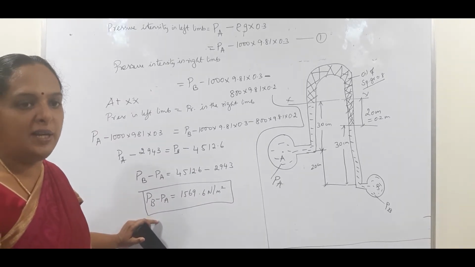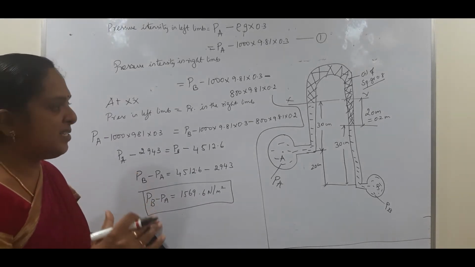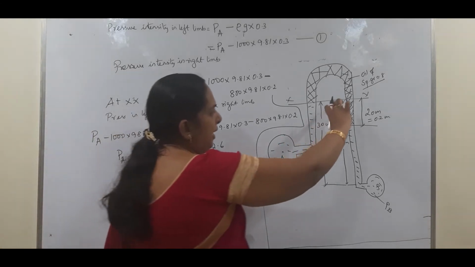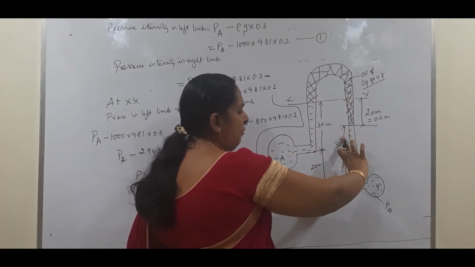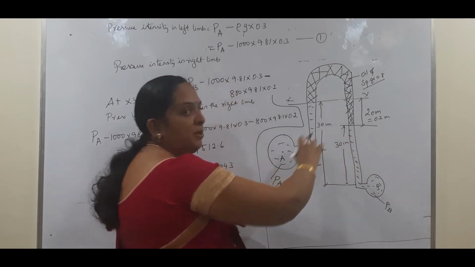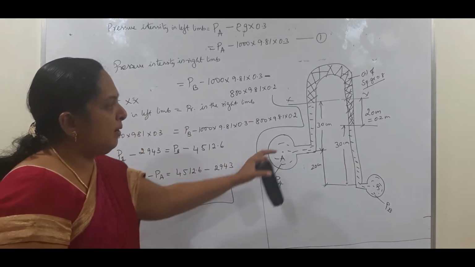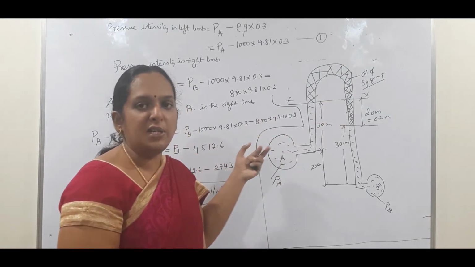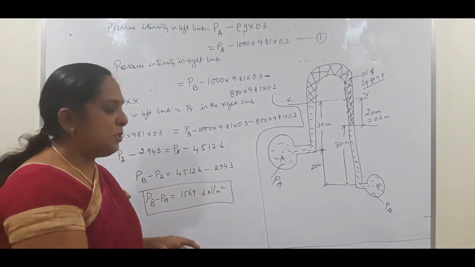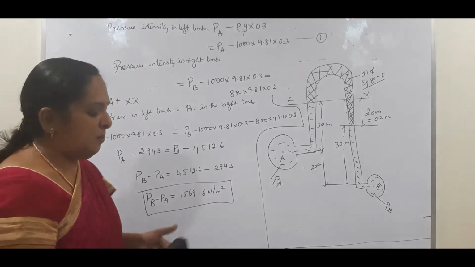Okay, so the only thing is, what is the small change they have given? They have not given you the height of the mercury. They have given you the full height and the height of the water in the right limb, so by using this we will be able to find out the height of the mercury. So this is a small change that has been given in the problem. So guys, we will go for the next problem now.